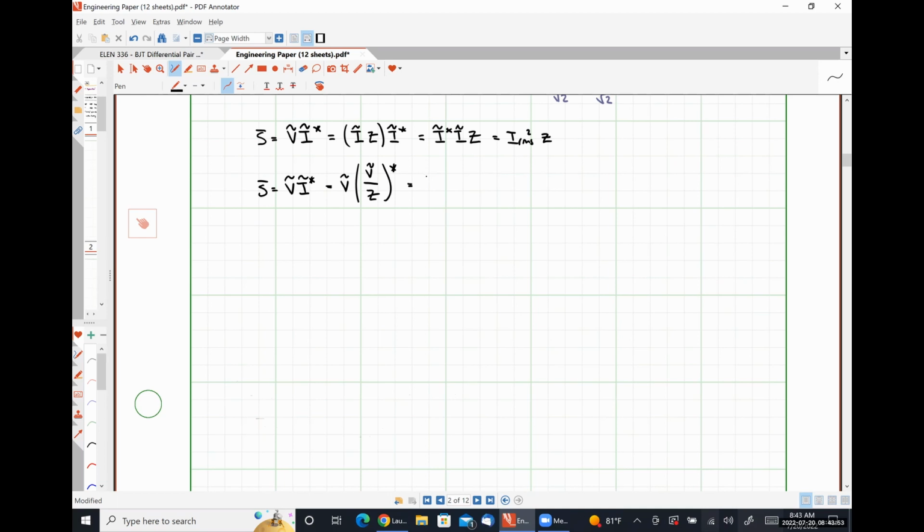So this is going to look like V conjugate times V over Z conjugate, or VRMS squared divided by Z conjugate. So effectively, we only need to know the impedance value and the magnitude of the voltage drop across the impedance in order to determine